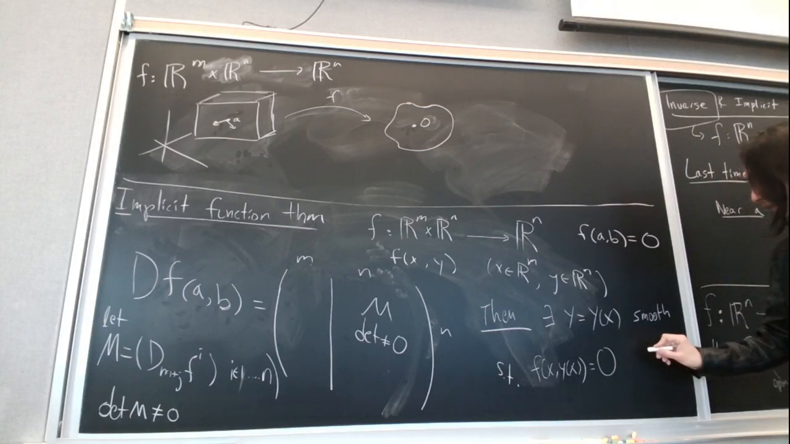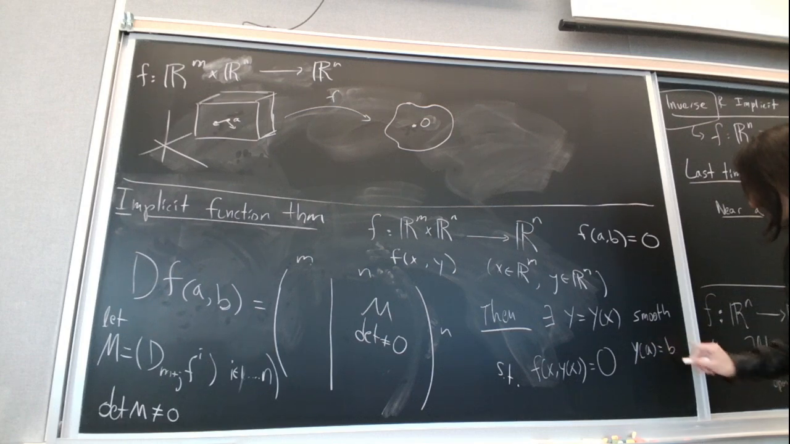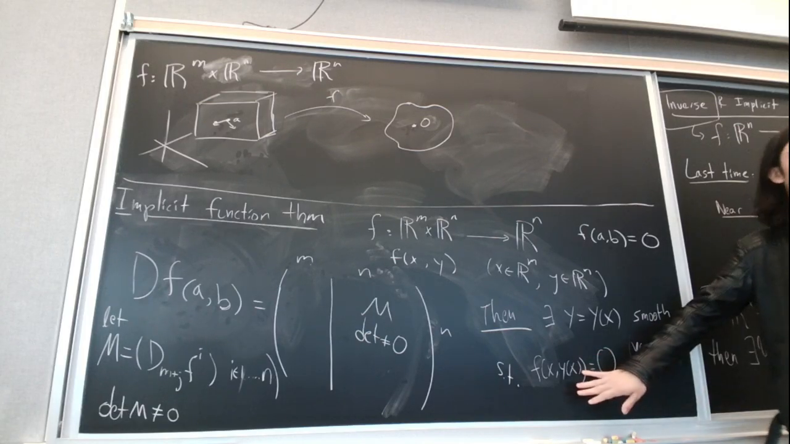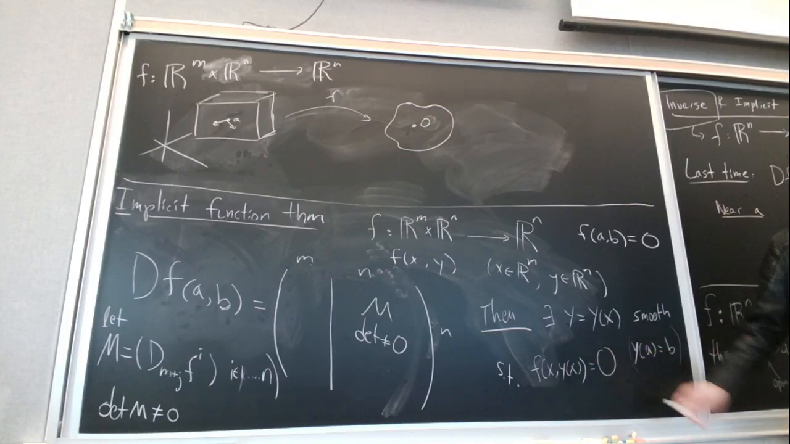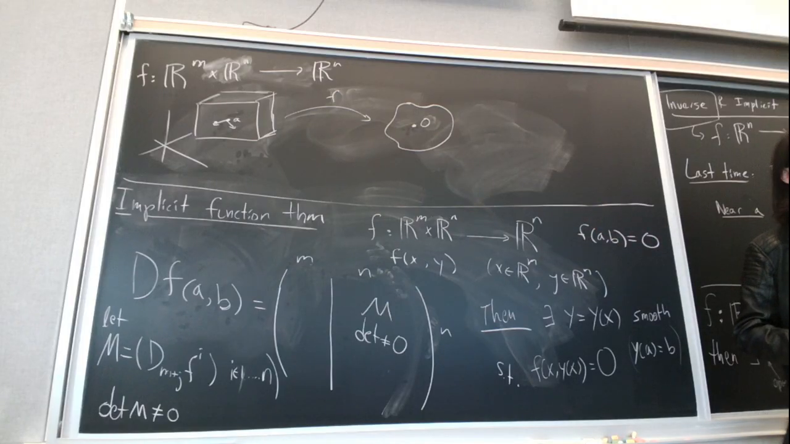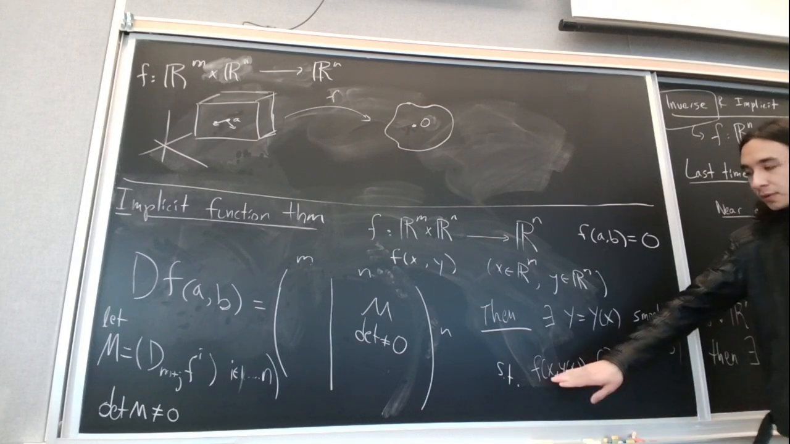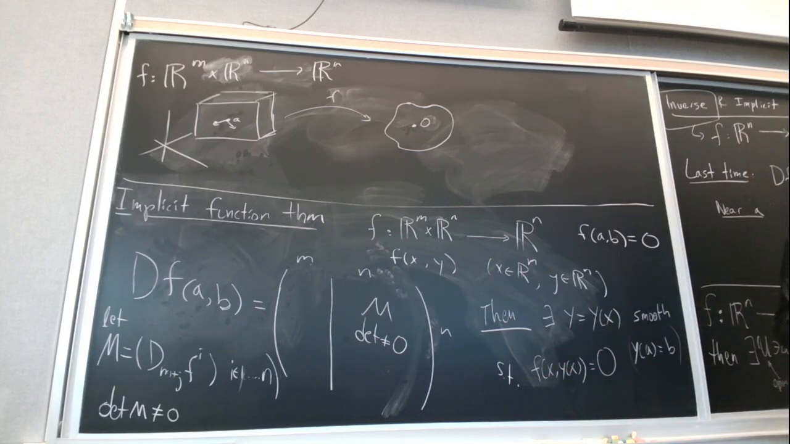And of course, y of a is going to be b, because this is the point that we're near. Okay, are we kind of clear on why this is the phrasing of this? Why this follows from our intuition? So this is essentially saying that in order to stay on the preimage of 0,